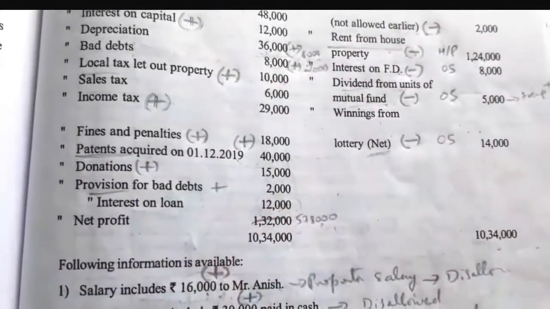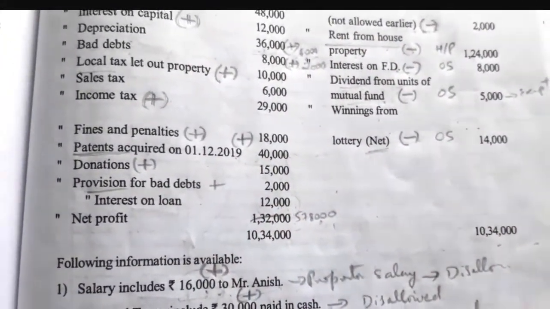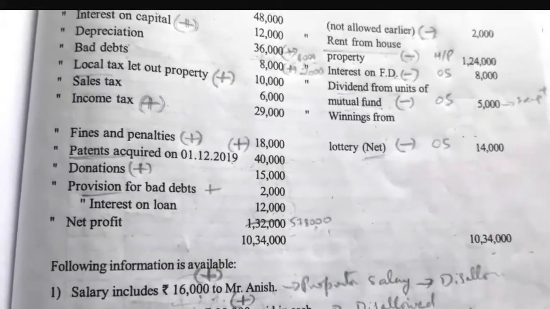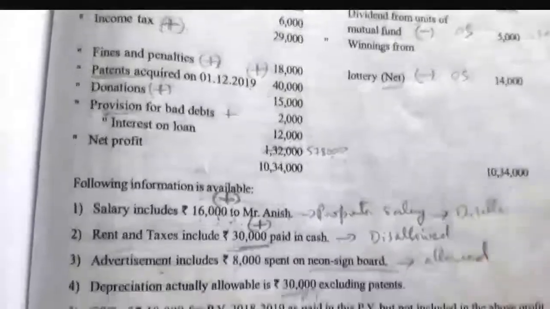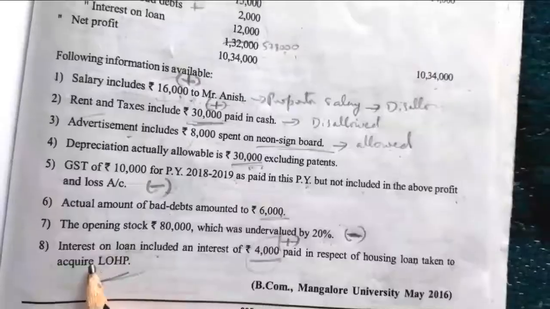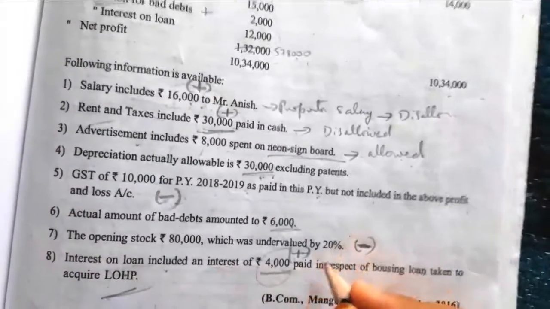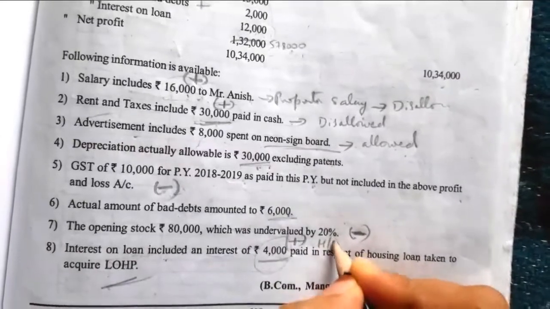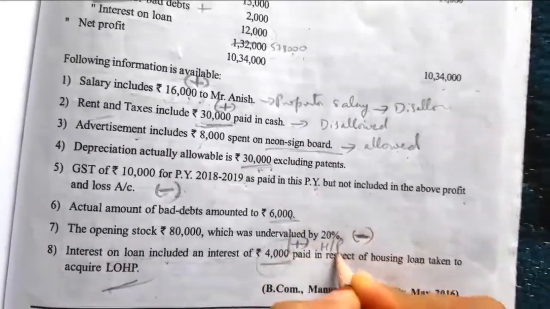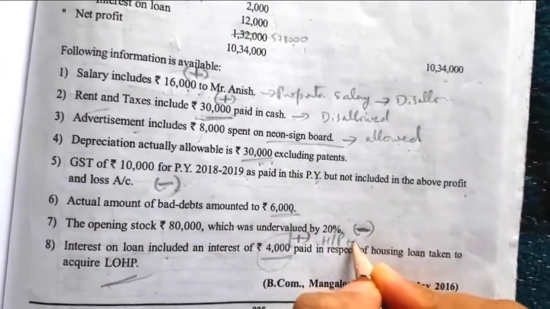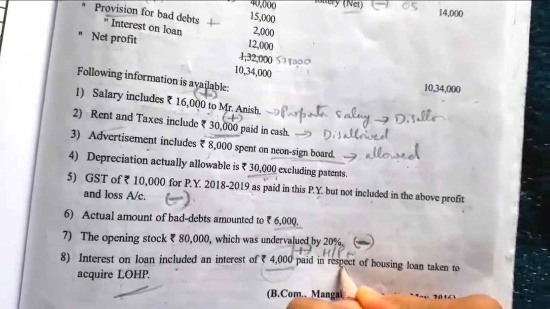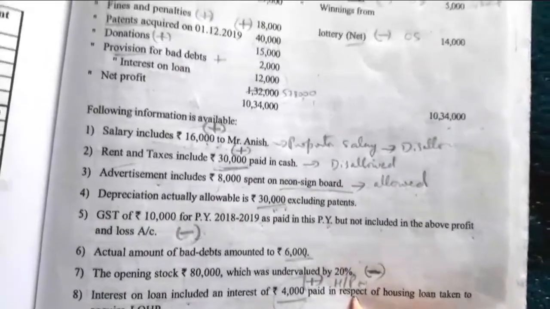From the annual value there are two deductions, standard deduction and interest on loan. So standard deduction we have to take on that annual value at 30%, and one more deduction we can deduct here, interest on loan 4,000. For this there are two treatments. Once we have to add it to the net profit, and again we have to take it under house property as a deduction. Now we'll work out the solution.